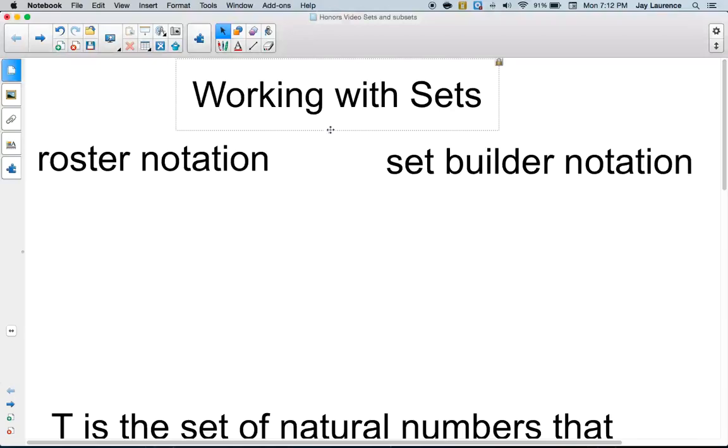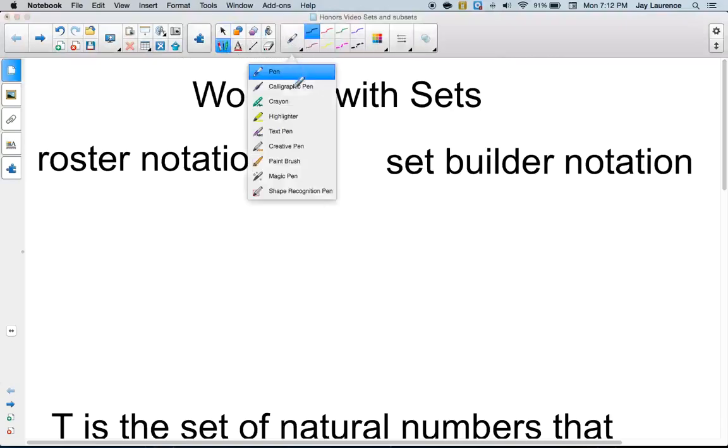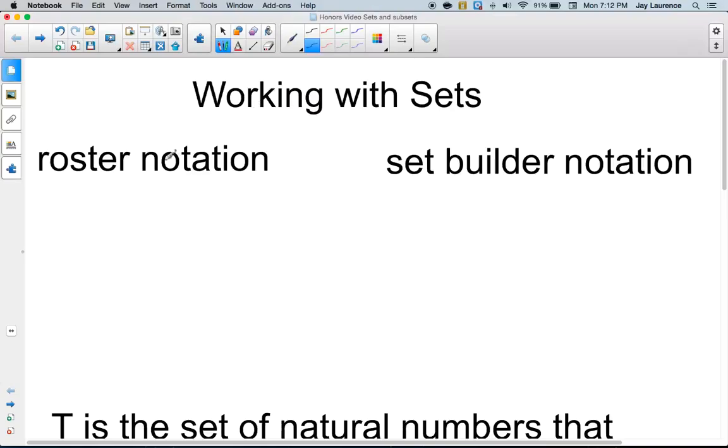What we're going to do is express sets in different forms. One form will be roster notation, so we definitely want to take notes here. Roster notation is a form of set notation that lists